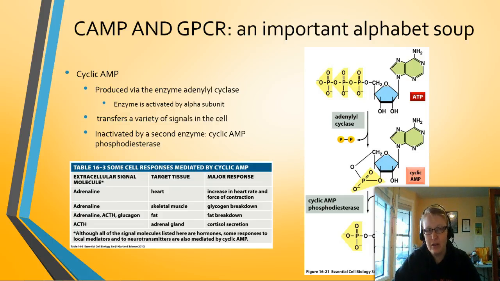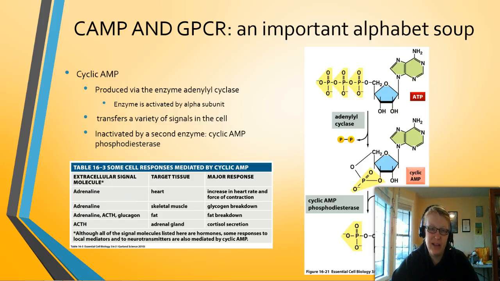And there's other roles it has in the body as well. It's not just tied to GPCRs, but cyclic AMP has a huge role. What cyclic AMP is, and you can see this here in this picture on your slide, is the middle molecule that has this triangle shaped structure on the side of it. That's the cyclic AMP. So what happens is adenyl cyclase will take ATP, remove two of the phosphates, and then